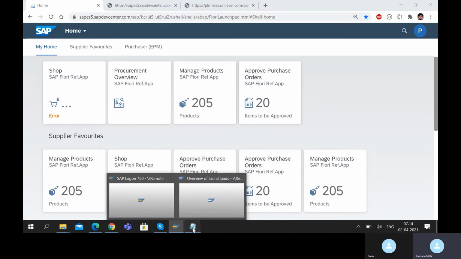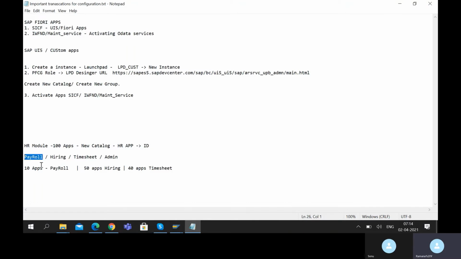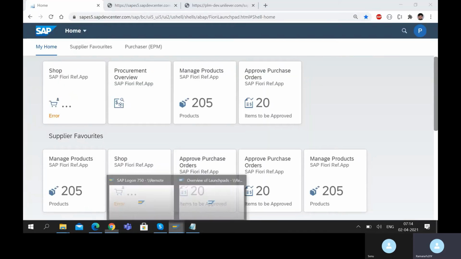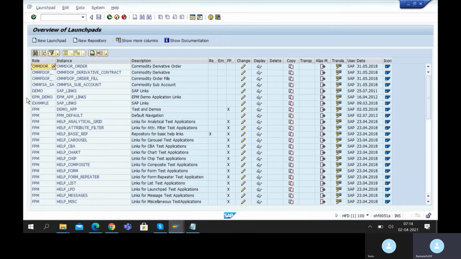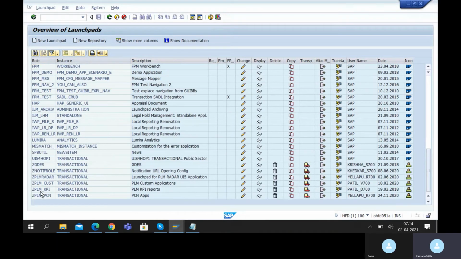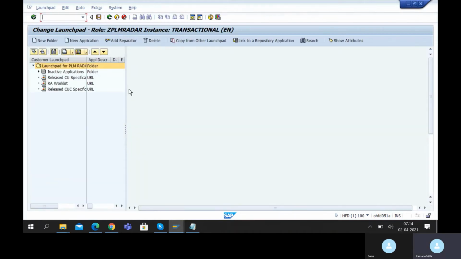Now suppose you're representing the payroll department and you are managing 10 apps, then you can create your own instance for these 10 apps. The other department, where someone else is managing hiring, can create a separate instance. So that's how launchpad instance allows us to manage individually. Now first and foremost, you can create a new launchpad, and I'll also try to show you an existing one. So once we create it,